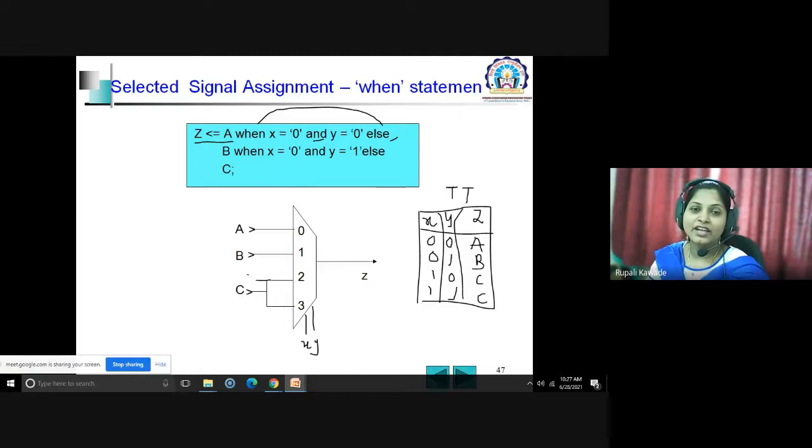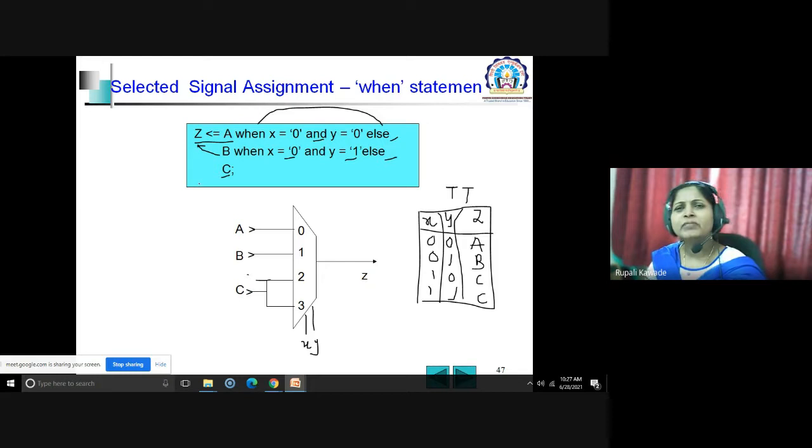Else, other than that, if x and y are not both 0, it will go to else b. Now instead of a, assign the value of b to this z when x is 0 and y is 1. If this condition matches, then b will be assigned to z. Else, otherwise c.